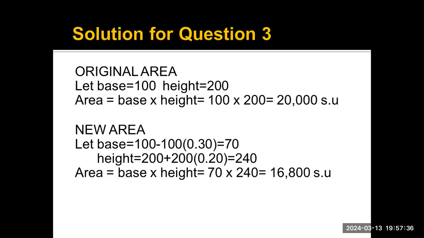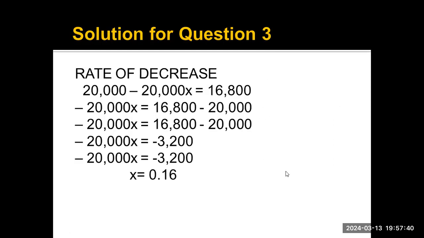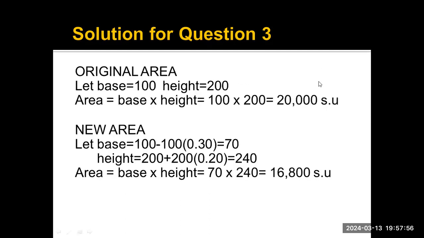Now, I will compare the original area and the new area to compute the rate of decrease. 30,000 is the original area, minus, because there's a decrease. Notice that from 30,000 it becomes 16,800 after the decrease. So comparing these areas, there is a decrease